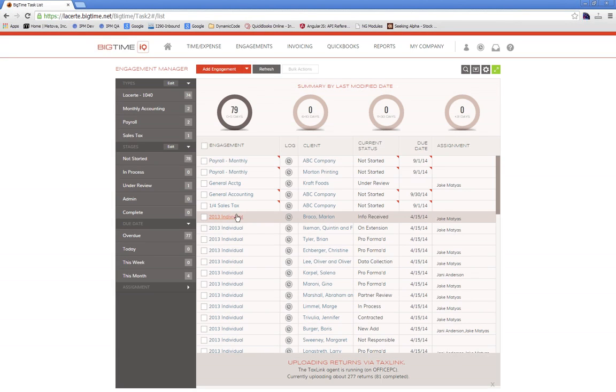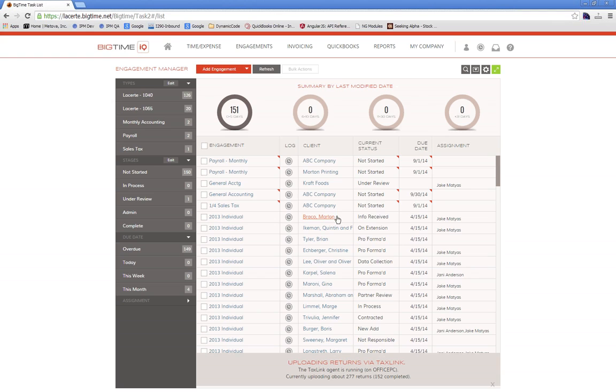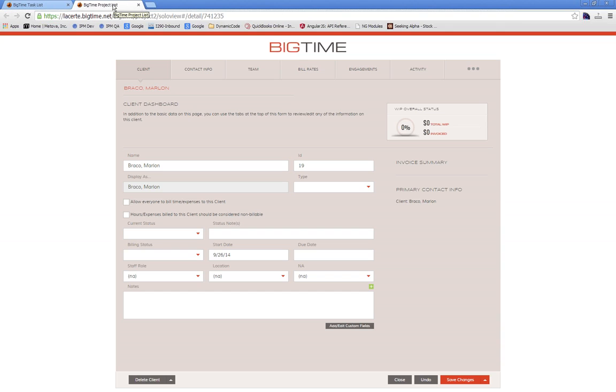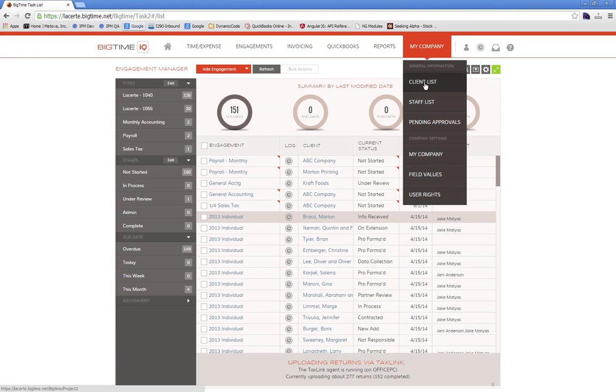Now, in addition to that, we pull some customer data. You can see I've got the individual returns here on the left-hand side of the screen, that 2013 individual. I've also got the client information as well. So I can click on that, Marlon Bracco, and it's going to open up a new window with what we call the client dashboard, right? I happen to be looking at Marlon Bracco here on the dashboard. But I'm going to go ahead and find him in my client list because he'll show up now in my client list as well. So if I jump into my company client list,